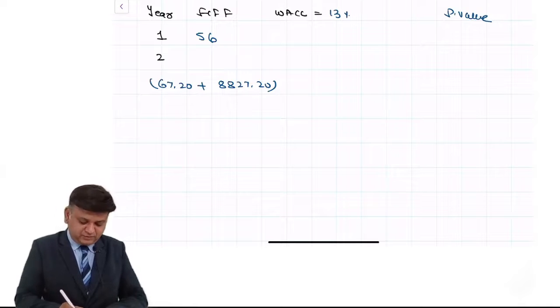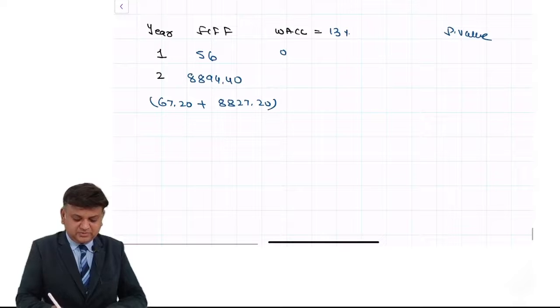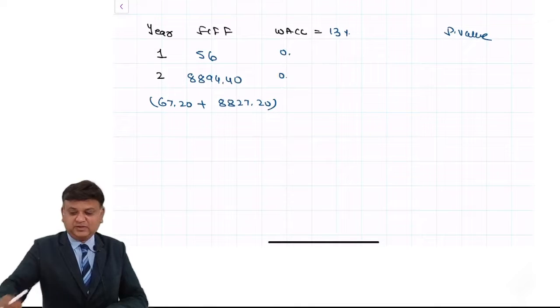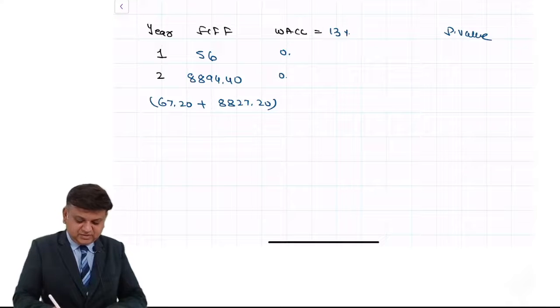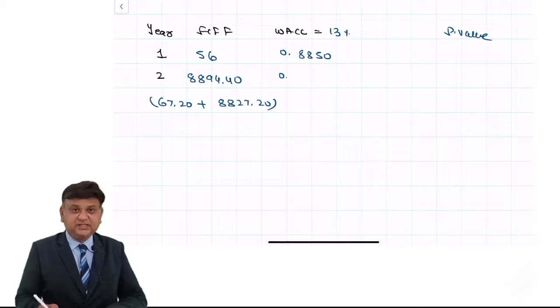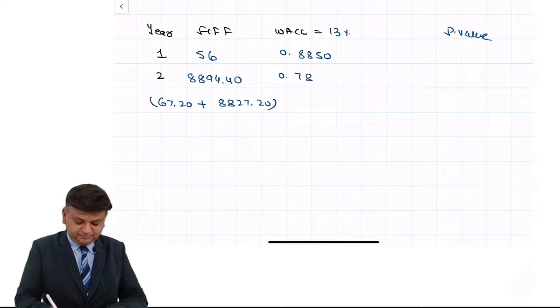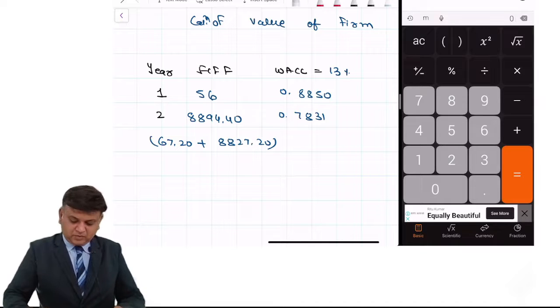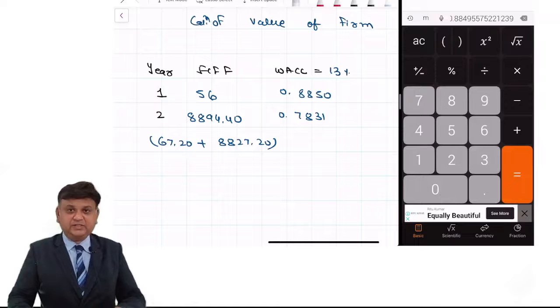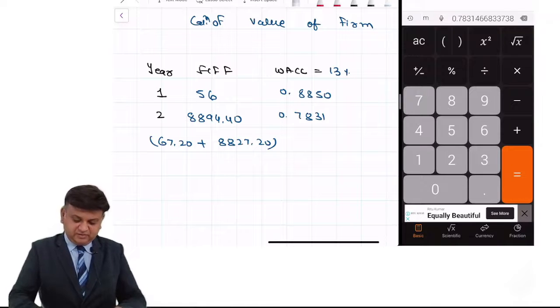Double 8894.4. Now using 13%, we'll have the discounting. First year factor is 0.8850. Second year it is 0.7831. So whatever the discounting factor that we have found, first year 0.8850, second year 0.7831, that will be used